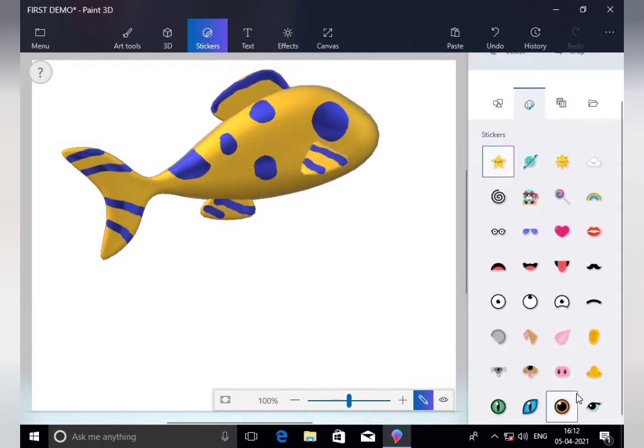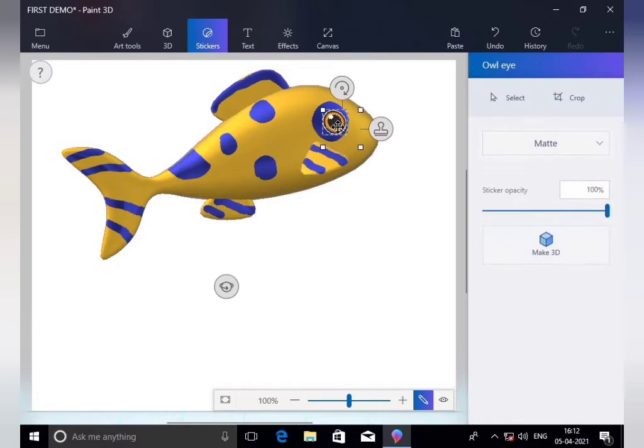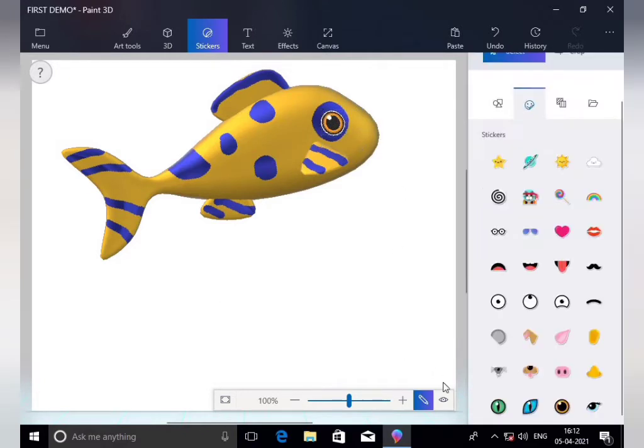Now you can see here are different eyes, so oval eyes. For example, we have to draw an eye here. See how it looks now. Tell me how our fish looks. Amazing, right? Our fish looks so amazing and interesting.